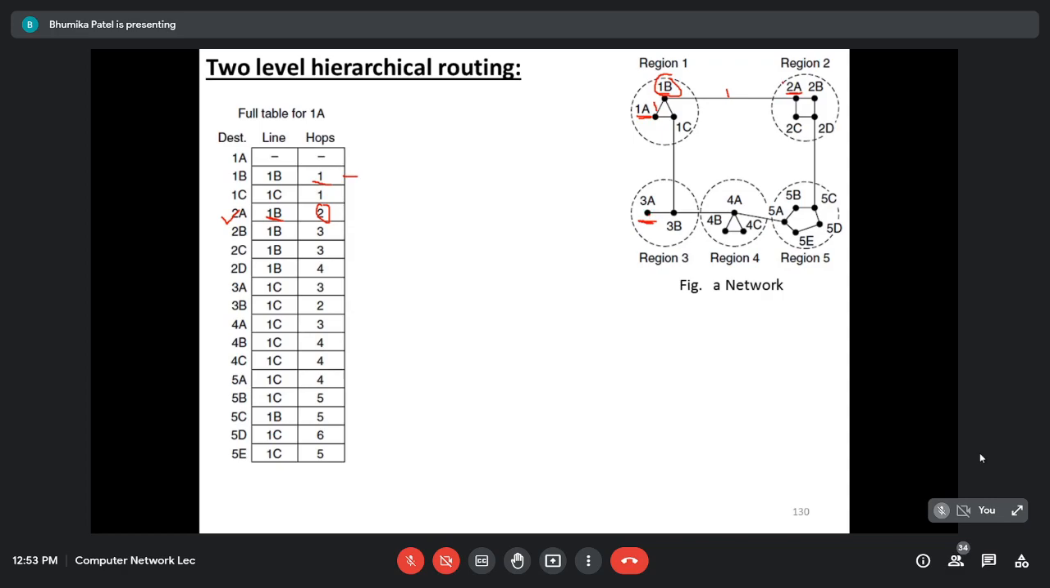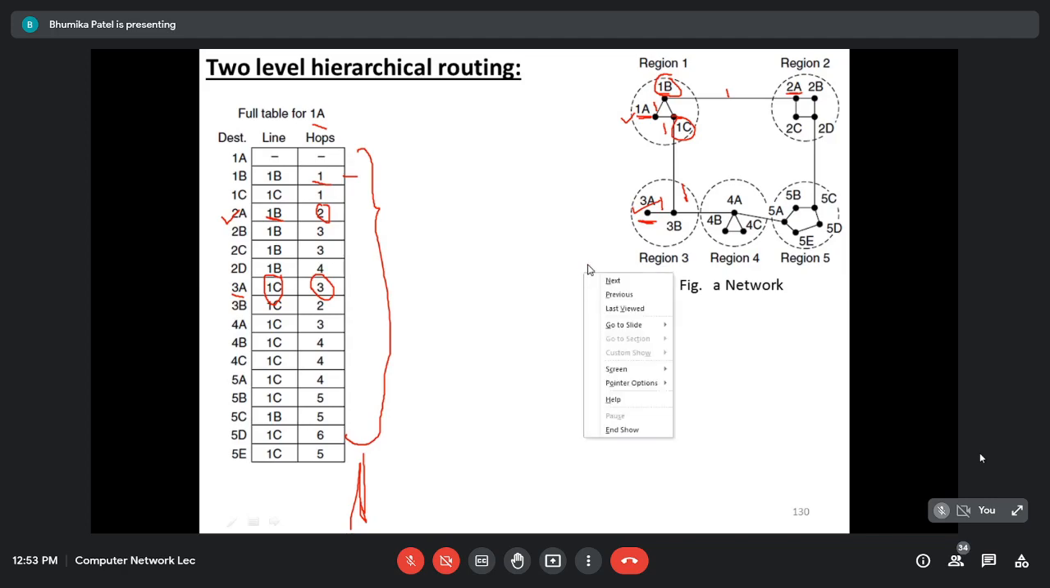Similarly, if I want to send a message to 3A from 1A, how many jumps? 1A to 1C, 1C to 3B, and 3B to 3A. Total 3 jumps will be there for 1A to 3A. So for 1A to 3A, the number of hops will be 3, and the neighboring router I'm using is 1C. So as routers increase in the network, I have to increase the entries in the routing table